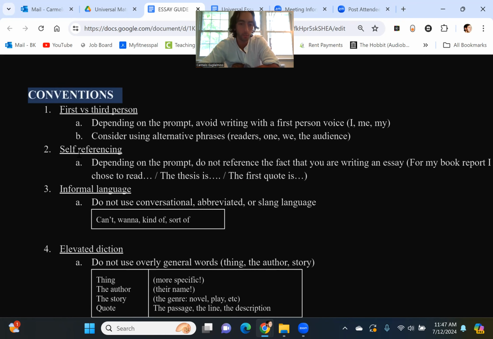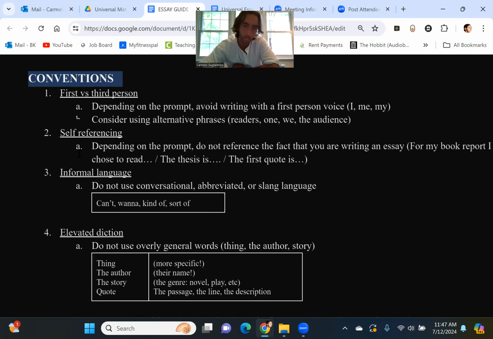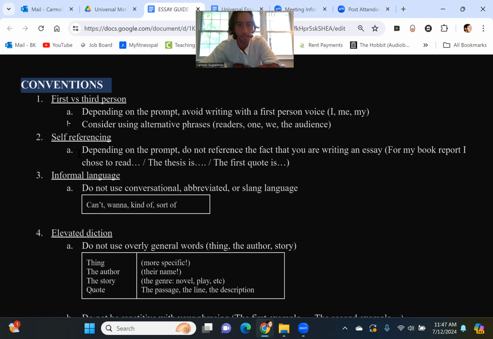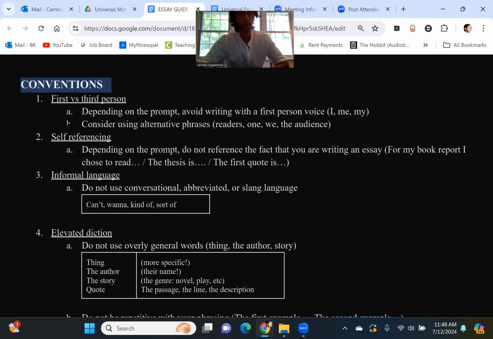Now, when it comes to grading and correcting the essay, and maybe I wouldn't even say grading, I would say your own rewriting and editing of the essay, something I really stress to my students from 9th to 12th grade is the use of conventions, right? The use of writing conventions to make sure that their essay is not just structured well, and doesn't just answer the prompts really well, but also fulfills the standards of proper articulation.